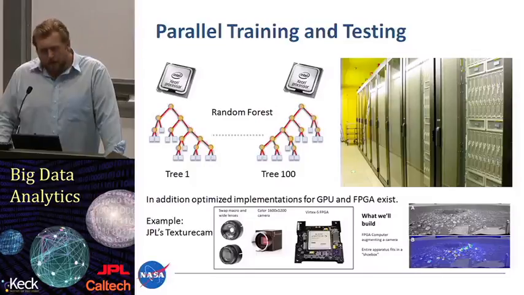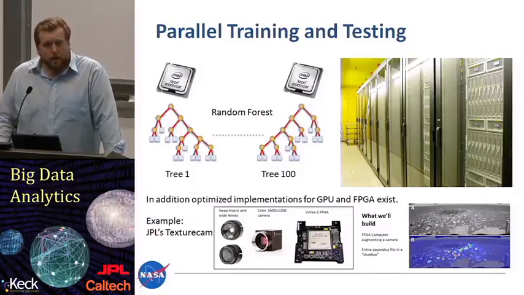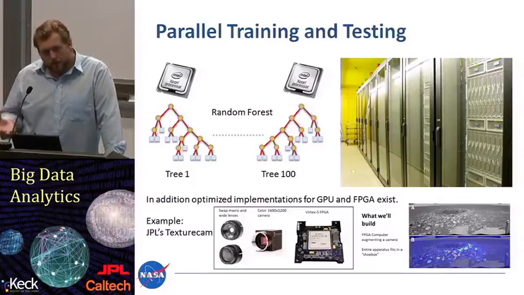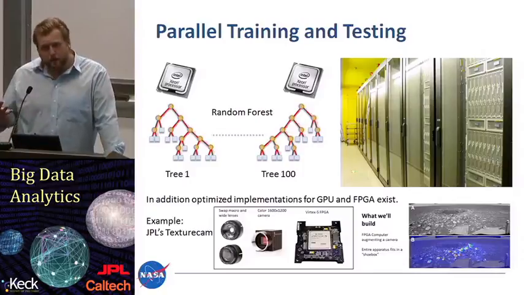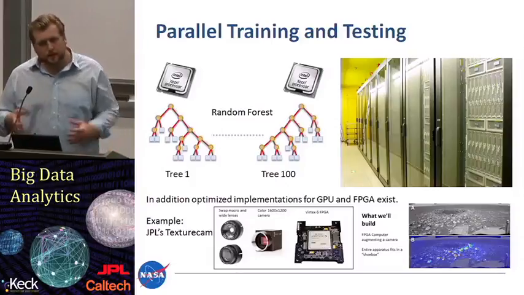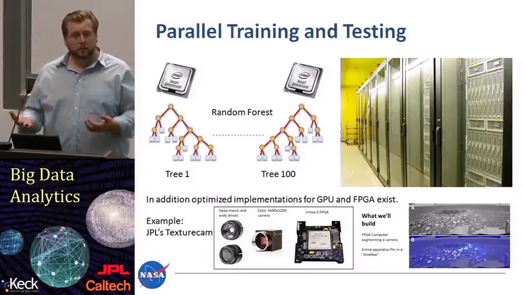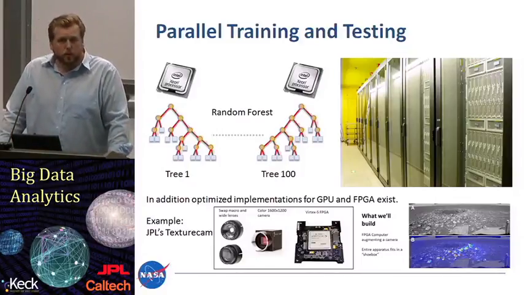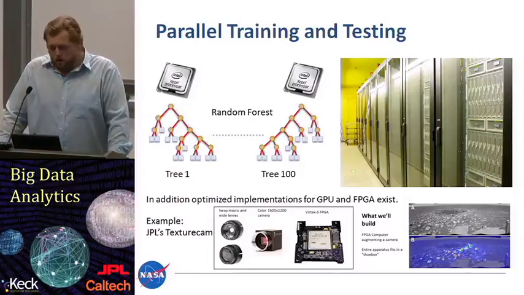Here we are working on an FPGA implementation of random forests, and that will be used at one point on Mars or different missions to characterize different kinds of terrain. So the goal here is to really have a camera together with the random forest algorithm on an FPGA, so all the processing is done at once, and this science instrument actually gives as output a texture classification of a scene, which then can be used for autonomous driving or for detecting